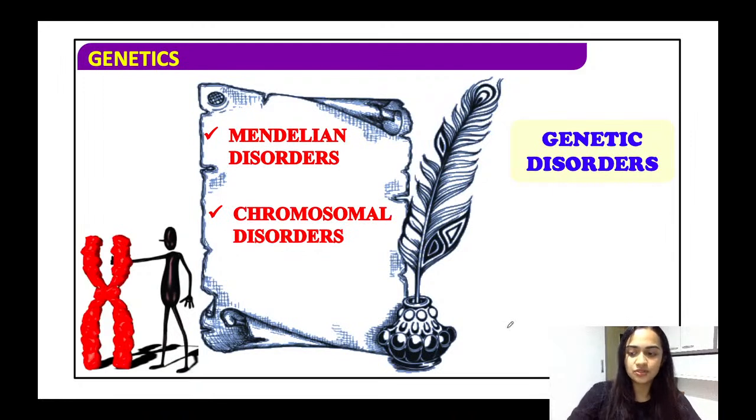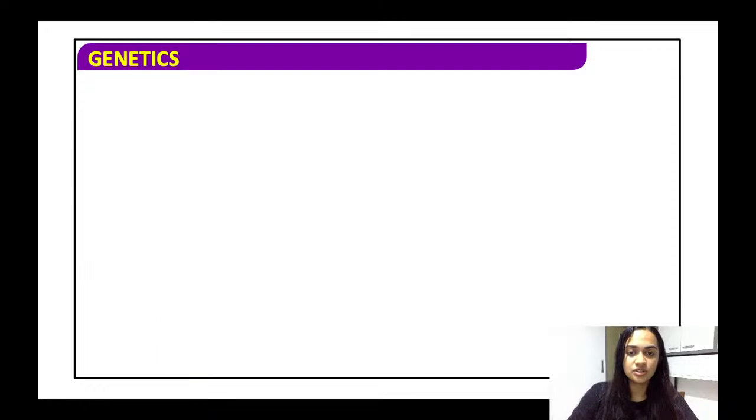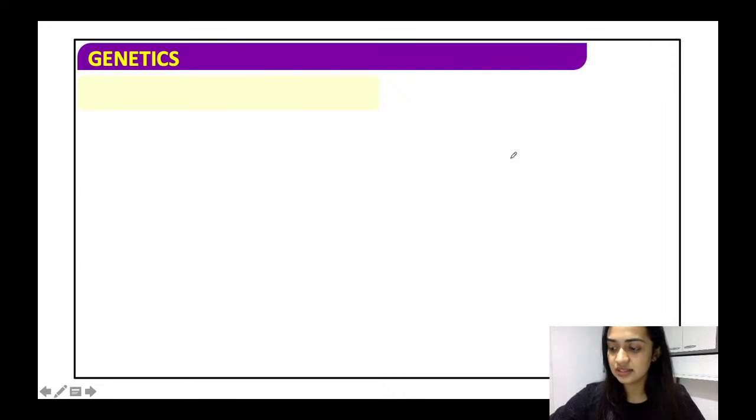So we have two types of disorders. One is the Mendelian disorders and one is the chromosomal disorders. So these are the two different types of disorders we'll be discussing. So Mendelian disorder is basically what is carried forward from one generation to another. यानी कि अगर एक पेरेंट को कोई डिसऑर्डर है तो वो हमें चाइल्ड या उसके नेक्स्ट जनरेशन में भी देखने मिलता है। इसे हम कहते हैं मेंडेलियन डिसऑर्डर।